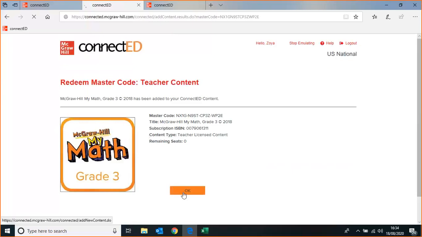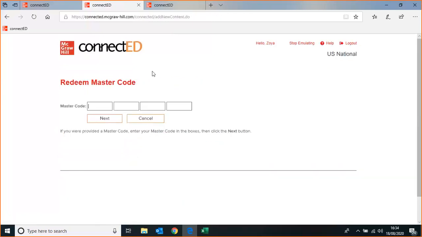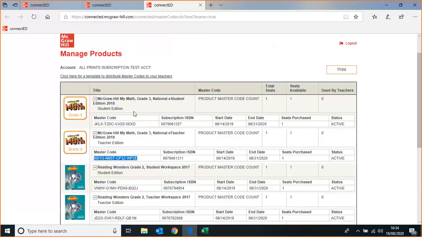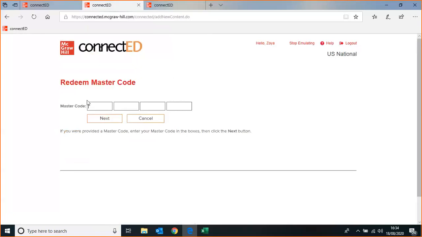What you need to do next is also add the student edition, and this is one of the differences between Open Learning Platform and Connect Ed. In Open Learning Platform, you do not need to add a student edition. It's just one edition of the class that's going to be visible to you as we saw before. But in Connect Ed, you're going to be needing to add both the teacher edition and the student edition as well. So if I come and copy that over here, click on Paste,